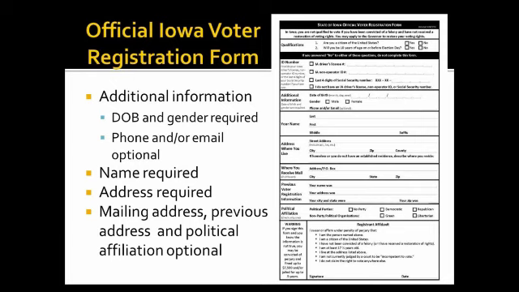The previous voter registration information is optional information. This will help us notify your prior registrar of voters that you have moved and help them to keep their voter registration list clean. Political party affiliation is also optional. It's not required. If a voter leaves this section blank, they will be registered as a no-party voter.